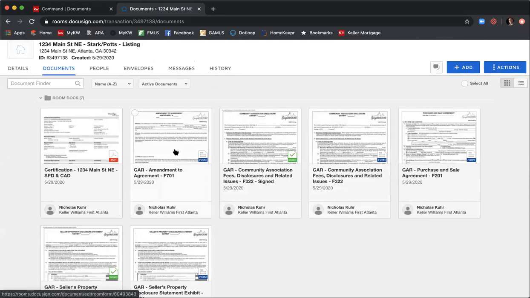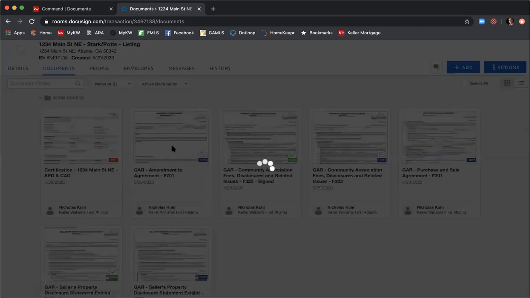In DocuSign, you can only add a document or a form to a room one time. So in .loop, every single time you wanted to add a new amendment, you would have to search for the form and hit add amendment, and you could add it as many times as you wanted. That's not how it works in DocuSign. So what I'm going to do is I will open up the amendment to agreement,